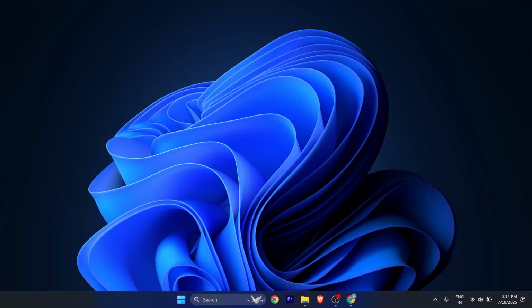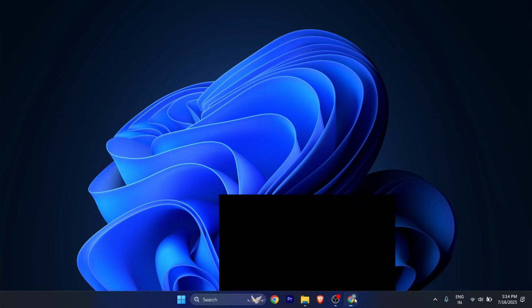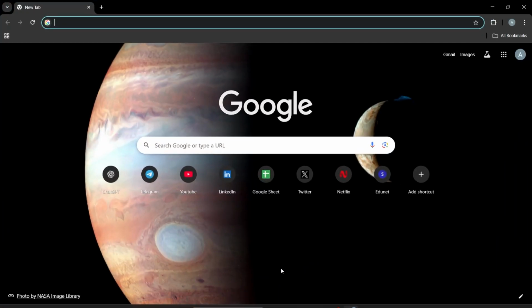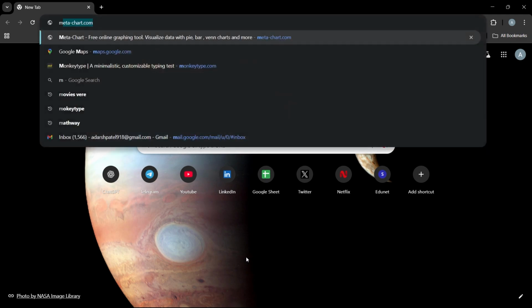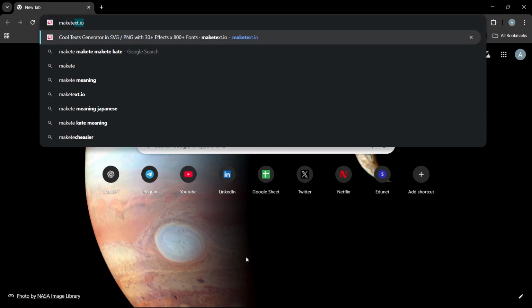In this quick tutorial, I'm going to show you how you can create stunning curved text SVGs online without using any software, that you can use over your projects for free without paying anything or getting any subscription. Now here, all you need to do is to just simply open any of the browsers you have, and here you have to search for make